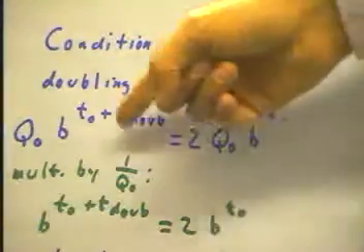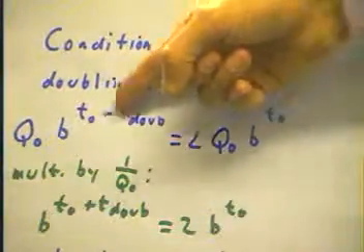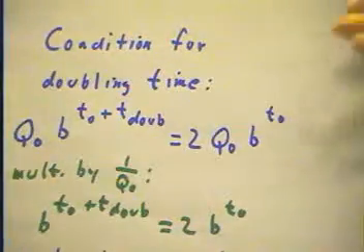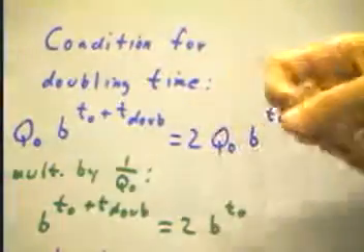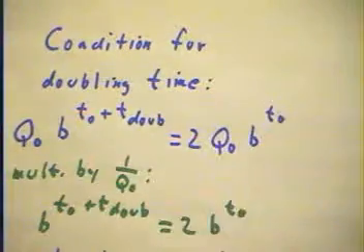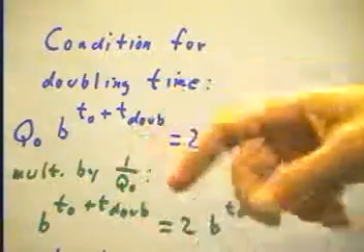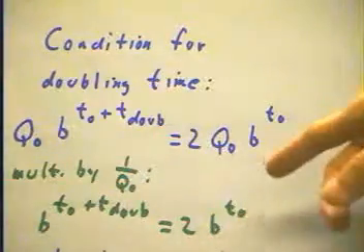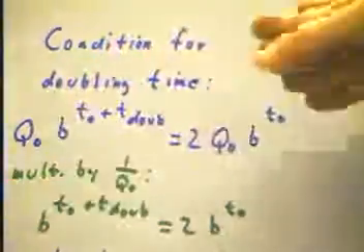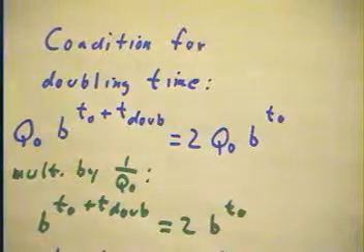Now, this is an equation that can be solved for t dub. All we have to do to solve it, we've got q0 on both sides, so we'll multiply by the reciprocal of q0. We get b to the t0 plus t dub equals 2b to the t0, just essentially removing the q0 from both sides. Then what do we do? Well,